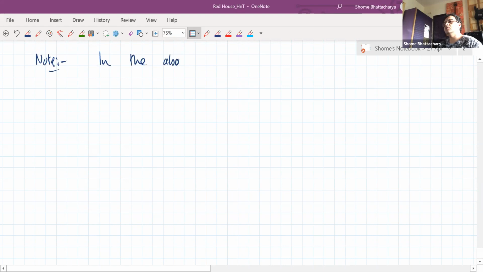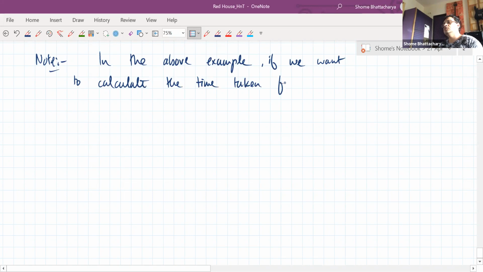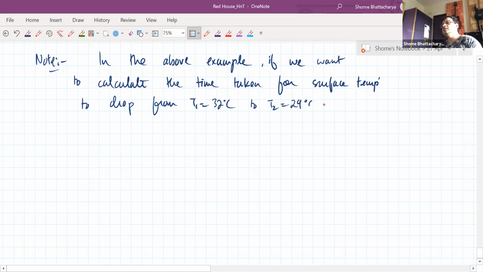In the above example, if we want to calculate the total time taken for the surface temperature to drop from the two given values, from T1 equal to 32 degrees C to T2 equal to 29 degrees C,